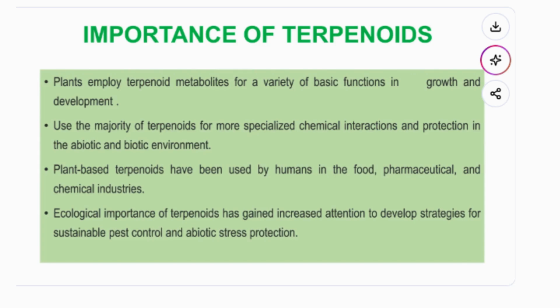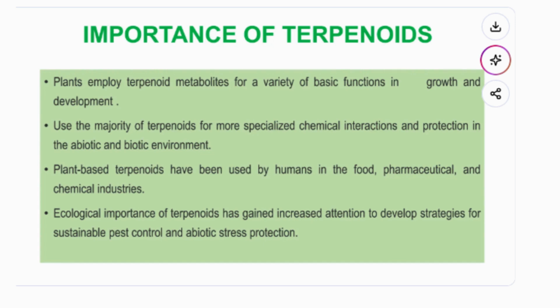There is some importance of the terpenoids. For example, plants employ terpenoid metabolites for a variety of basic functions for growth and development. They use the majority of terpenoids for more specialized chemical interaction and protection in the biotic and abiotic environment. Plant-based terpenoids have been used by humans in the food, pharmaceutical, and chemical industries. The ecological importance of terpenoids has gained increased attention to develop strategies for sustainable pest control and